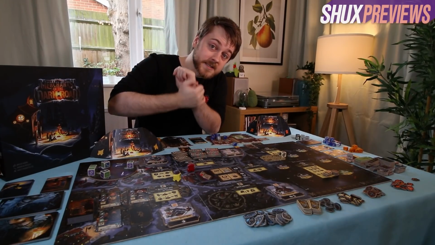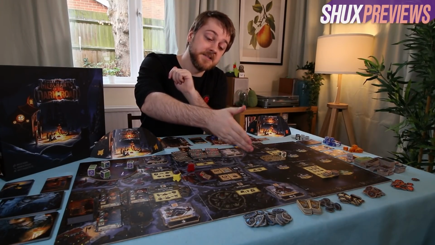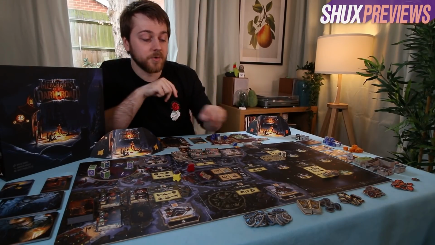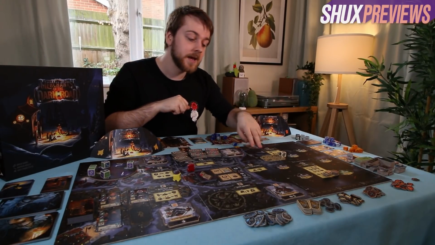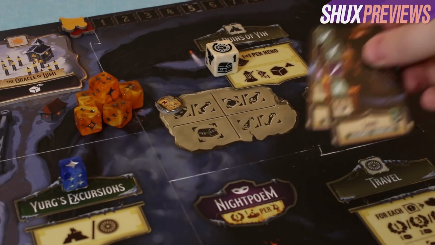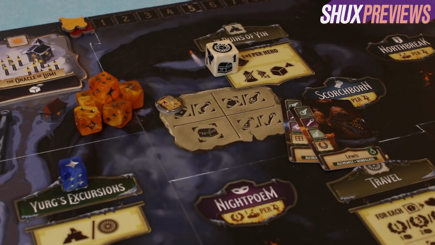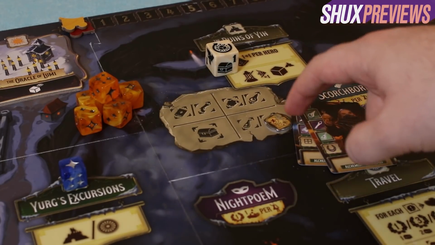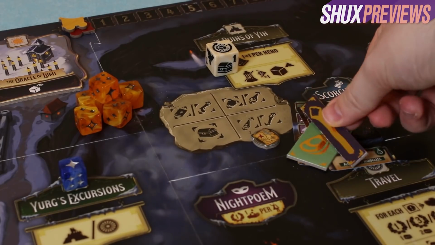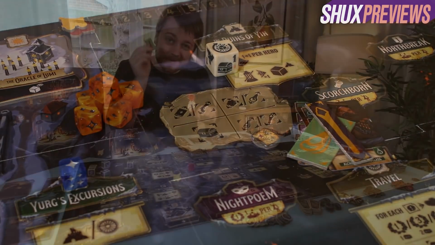Well, there's 1 space left to talk about, and that is Yerg's Excursions down here. Now, you've got 2 options when you go to Yerg's Excursions. Number 1 is a trip to the ruins over here. At the ruins, any heroes you have will move this marker around here, letting you gain various kinds of upgraded goods, these gold sides, which you can sell to adventurers or you can sell to towns for a little bit